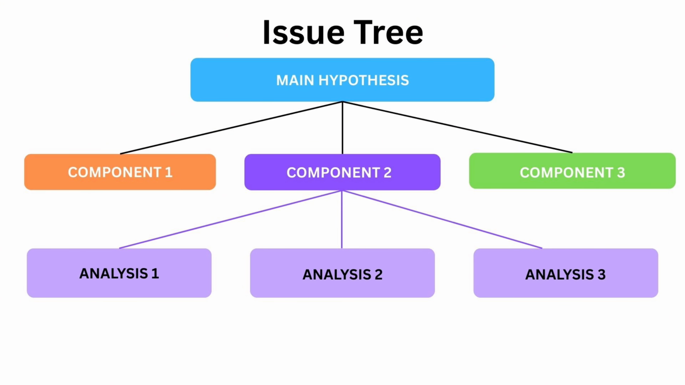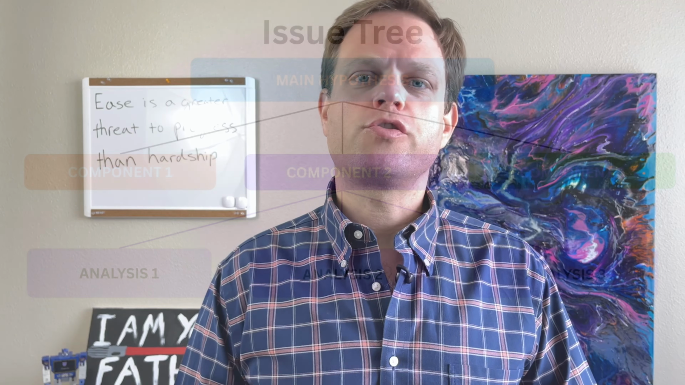At the top is your main hypothesis. Below that are your key components. Under each component, list the specific analyses you'll need to prove or disprove that part of your hypothesis. I'll talk more about this in an example at the end of the video. This structure transforms your initial guess from a vague idea into a systematic roadmap that can save you weeks of